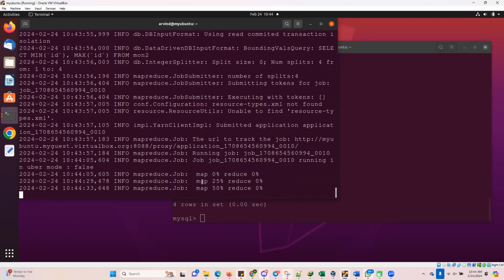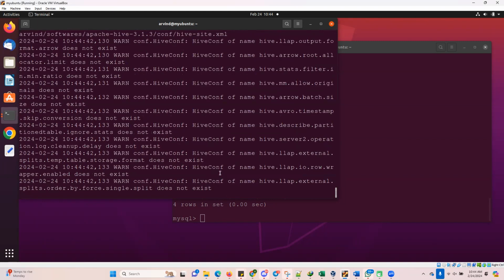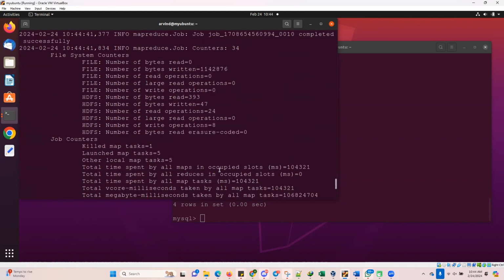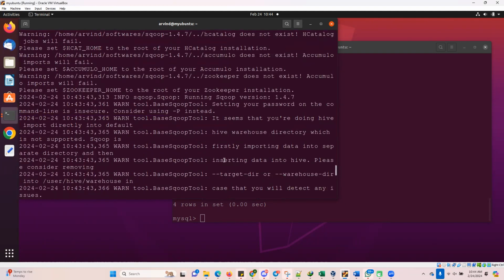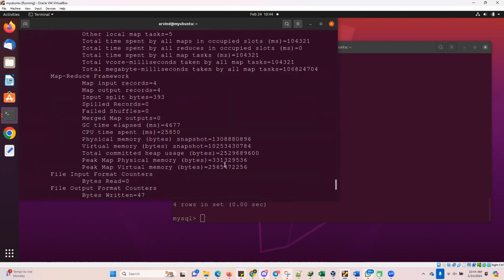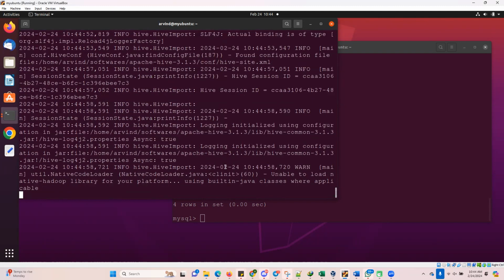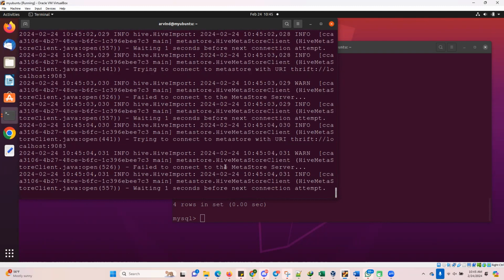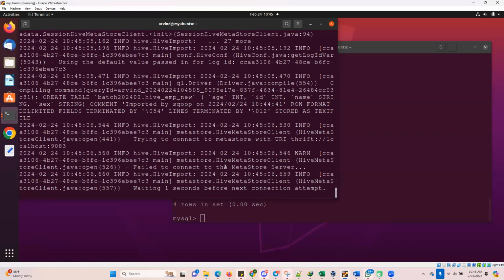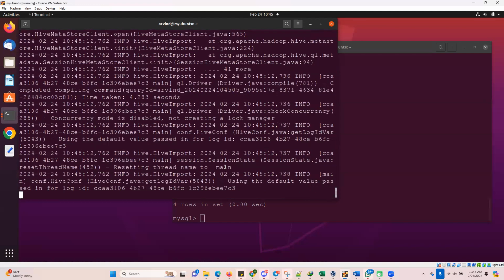So can you see here how many mapper files are coming? 4, because we have not given the -m parameter. It is 0 to 25, 25 to 50, 52. So for this, the complete import is divided into